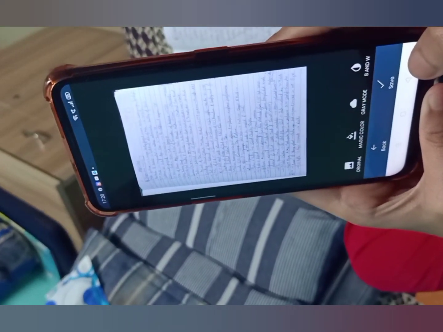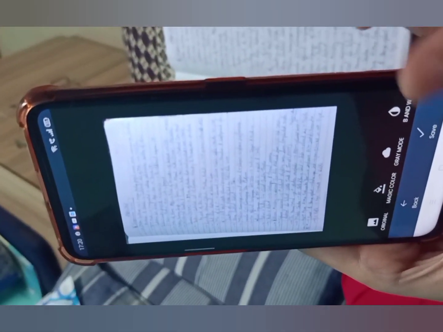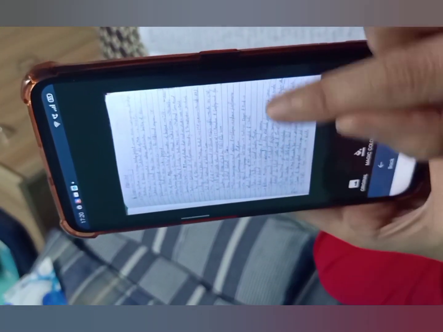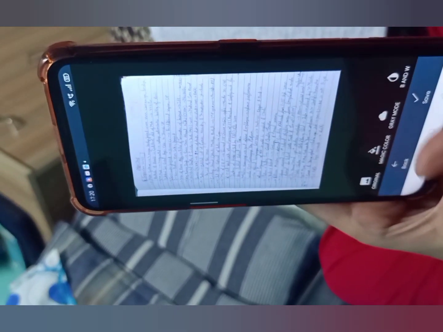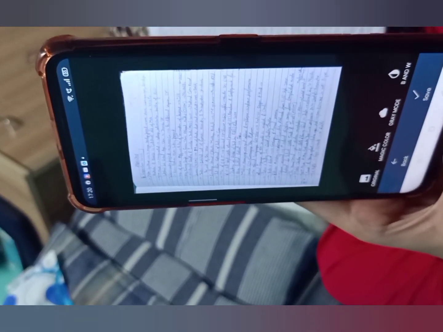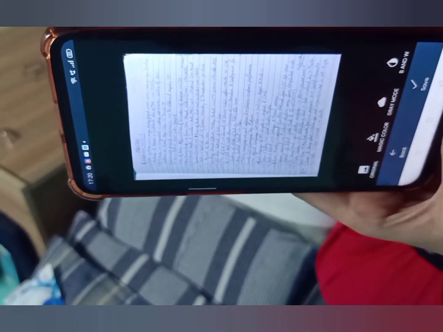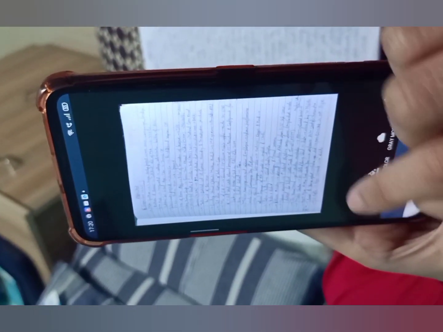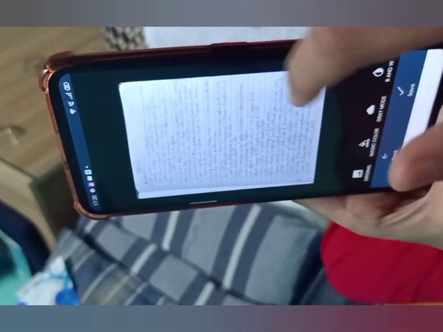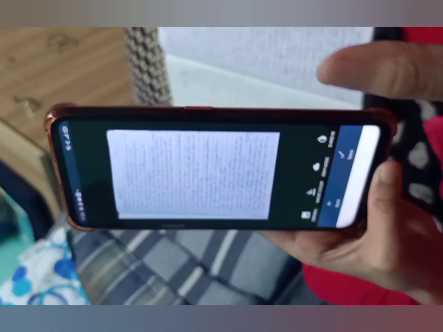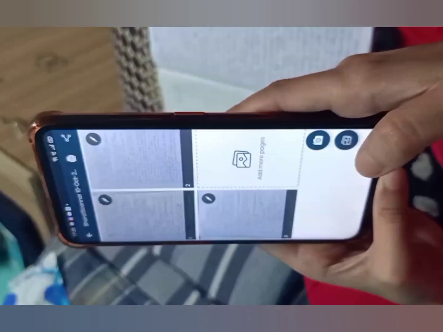This is how the final result is shown in CamScanner, meaning the image which I have scanned from the book. So see, you need to carefully take the image, and after that you need to crop that image to get the final clear result. You need to include every word. While cropping the image, you need to understand every aspect, so that every word written by you does not get hidden. Okay, save it. This is how it will look.